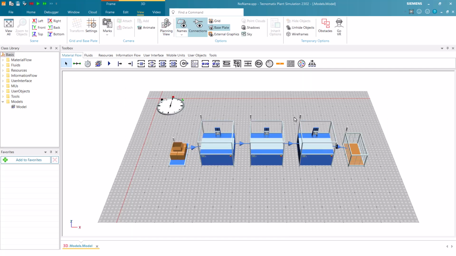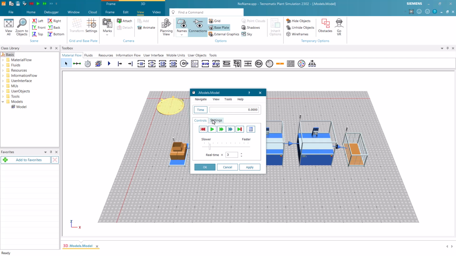Before we start the simulation, double-click on the event controller and click on the tab Settings to define a time at which our simulation will be finished. In this demo, the simulation duration is set to 1 day. The first 2 numbers define the seconds, the next 2 the minutes, the next the hours, and finally the days. Click OK to save the changes.